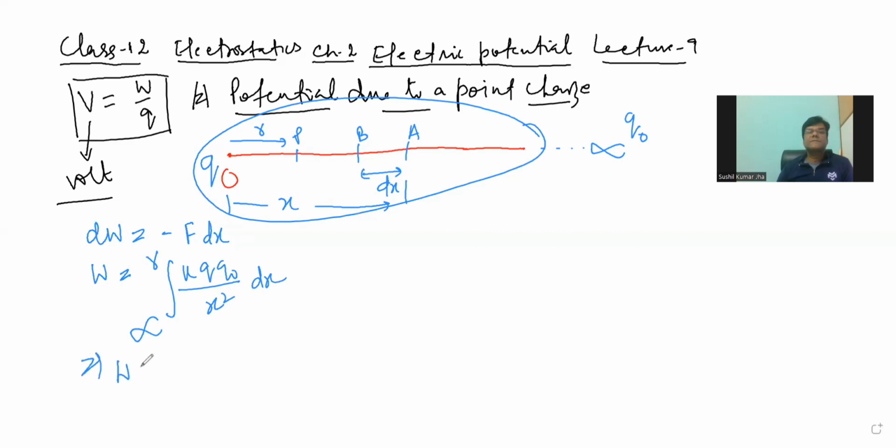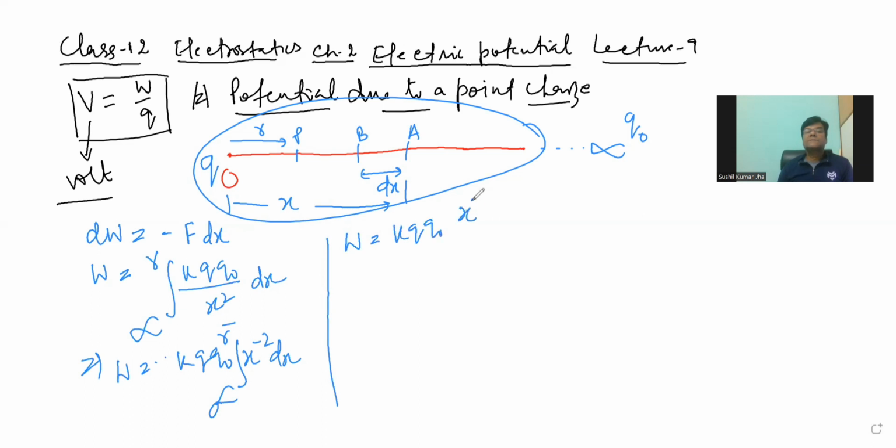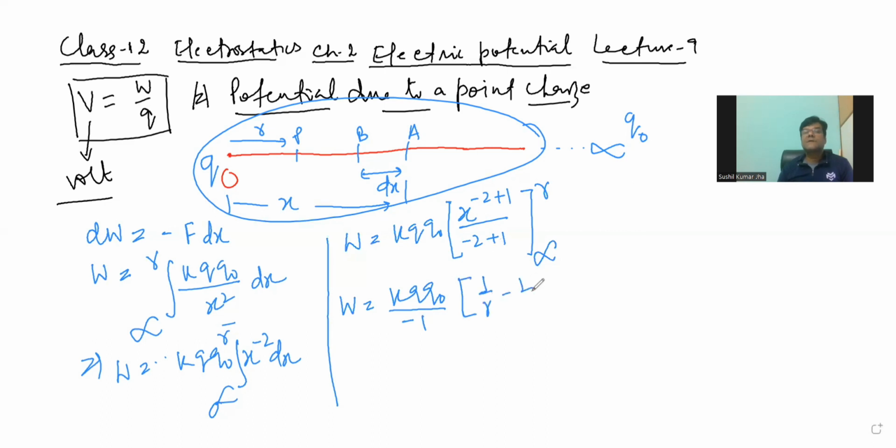So this work done is in the form of K Q naught, which is constant, and this will be x to the power minus 2 dx, limit infinity to R. And so work done is K Q naught x to the power minus 2 plus 1 divided by minus 2 plus 1, limit infinity to R. So this work done, Q naught, and this minus 1, and it will be x inverse, so we can write 1 by R minus 1 by infinity. Since 1 by infinity is 0,